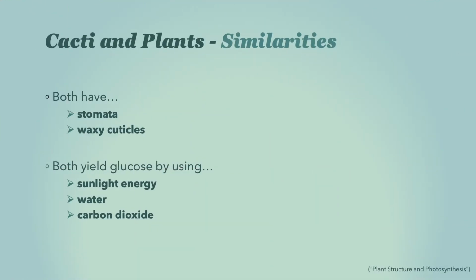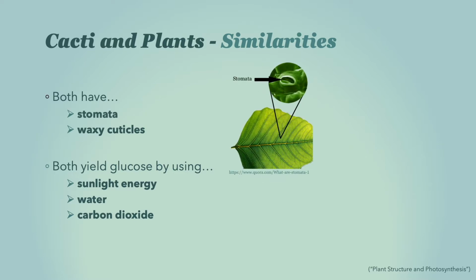So before we begin to contrast cacti and plant photosynthesis, I'm going to point out some basic similarities between cacti and plant characteristics involved in photosynthesis. One similarity is that they both have stomata, which aid in the diffusion of carbon dioxide and the releasing of oxygen. Also, as defined by the 2016 Plant Structure and Photosynthesis article, the lower surfaces of the leaf is a